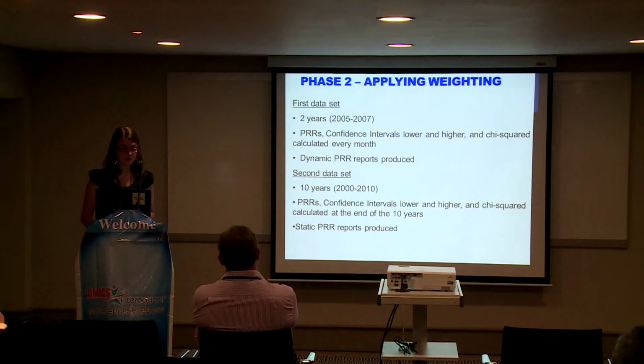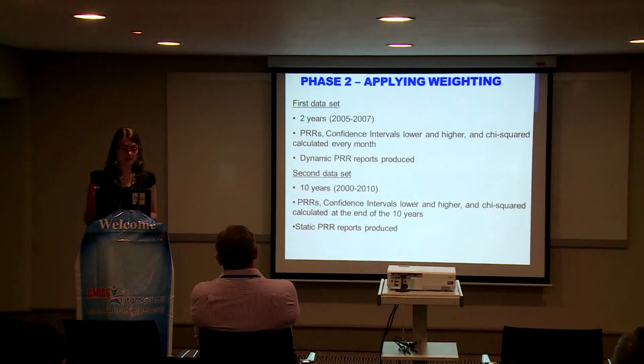So applying the weighting, we had two different data sets. The first data set was 2 years, from 2005 to 2007, of Yellow Card data. They're both Yellow Card data. And the PRRs, confidence intervals, and chi-squared were calculated every month because we had the dates that the reports were entered into the database. So this could produce dynamic PRR reports, which was very useful for seeing when terms became